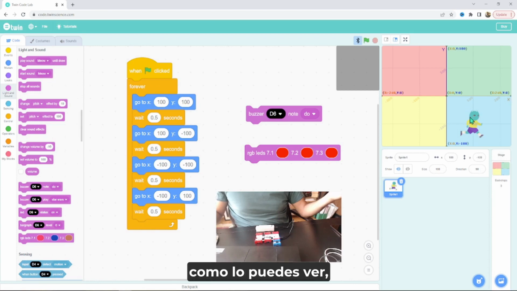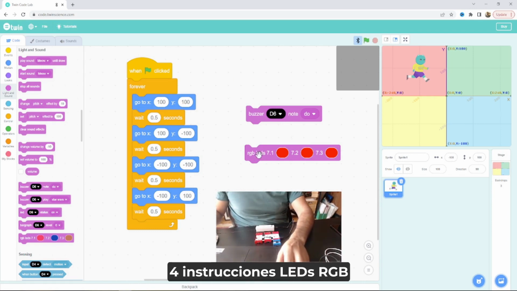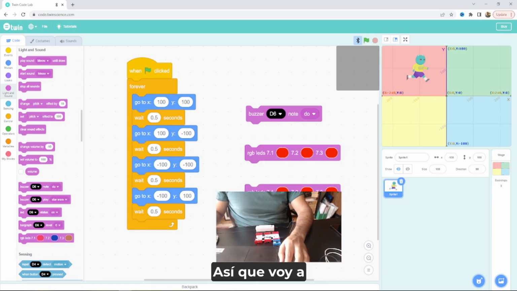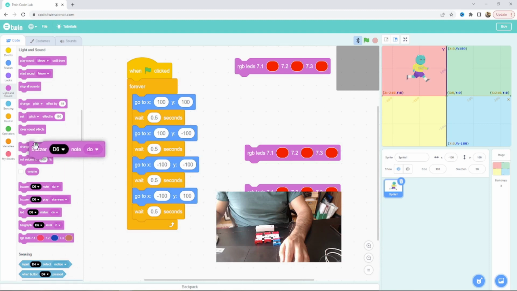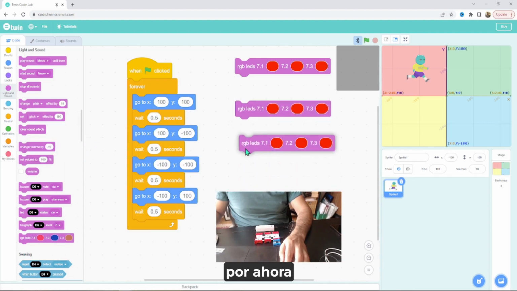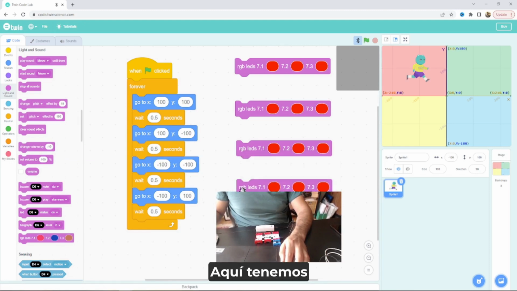So we have our sprite here, and as you can see, Twink is certain. So what I want is when Twink changes quadrant, I want to change color and play a different note in each quadrant. In order to do that, I need 4 RGB LEDs functions. So I go duplicate and again 4 times. So let's get rid of the buzzer for now, and one more. So here we have 4 different blocks, and when it is in the first quadrant, I want it